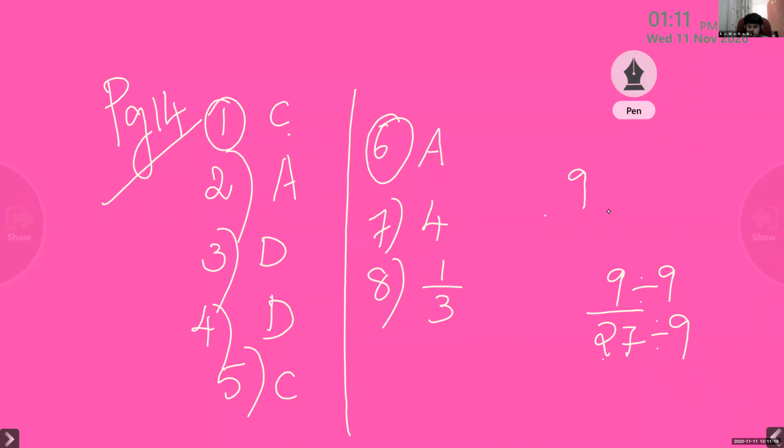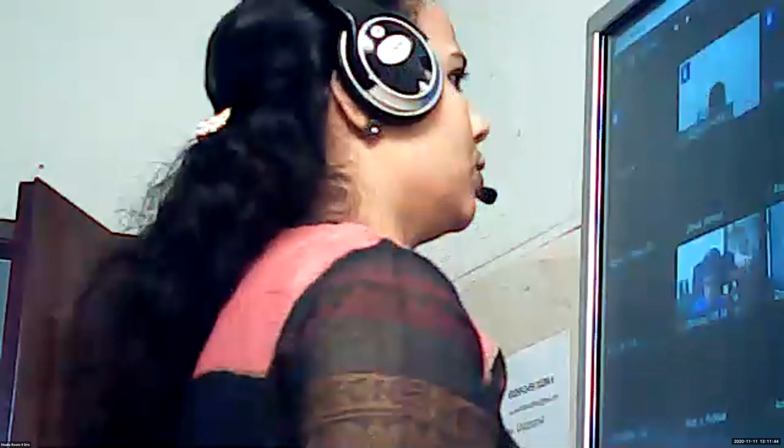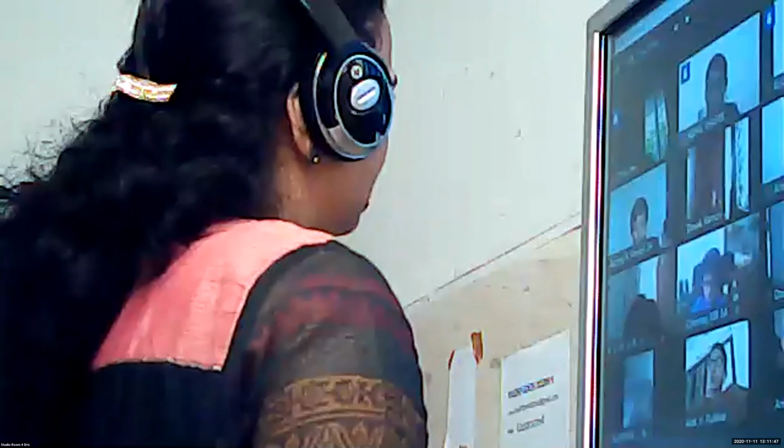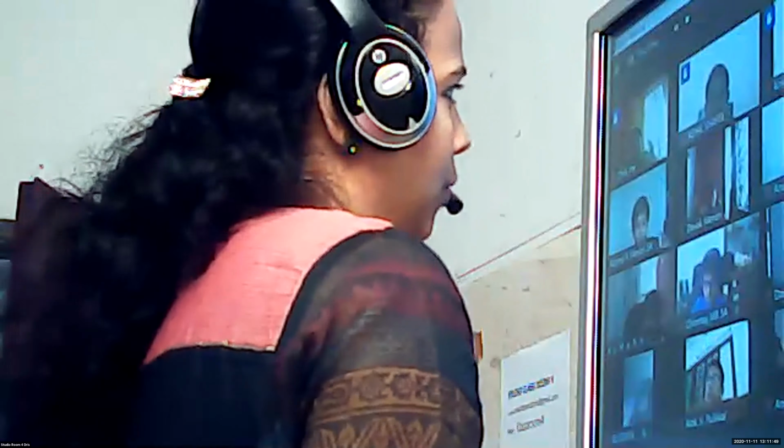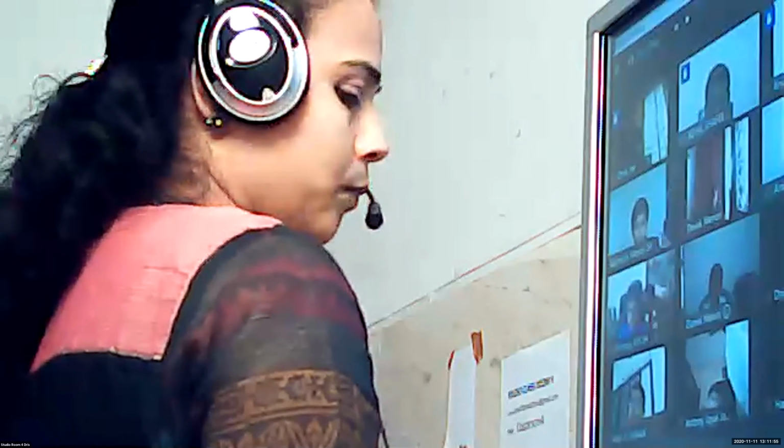Yes. When you do 9 by 27, you can divide by 3. Divide by 3, you will get 3 by 9. Do one more time. So 3 divided by 3 and 9 divided by 3. So what's the option here? 1 by 3 is the answer. So when you check the question, you can see that it is 9 by 27. They are like a multiplication table, in the table of 9, so easily we can reduce by HCF.